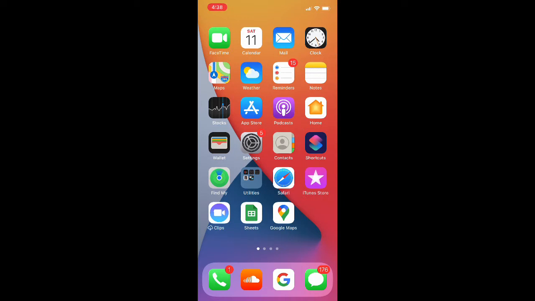Today I'm going to be showing you guys how you can use Google Slides on your iPhone with all of the fully functional capabilities that you would have on desktop. Now obviously it's going to be a bit of a smaller screen and a little bit harder to navigate as well, because you are on a smaller screen and they do have to condense some of the features, but you should be able to have whatever you need and whatever you are looking for to be able to access Google